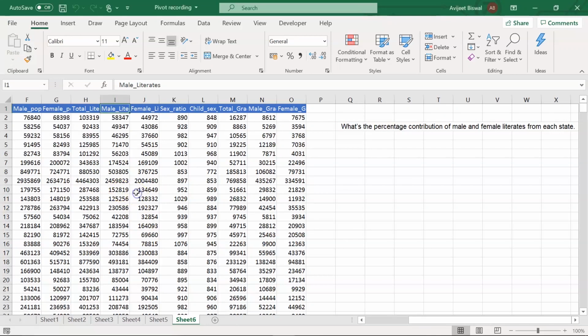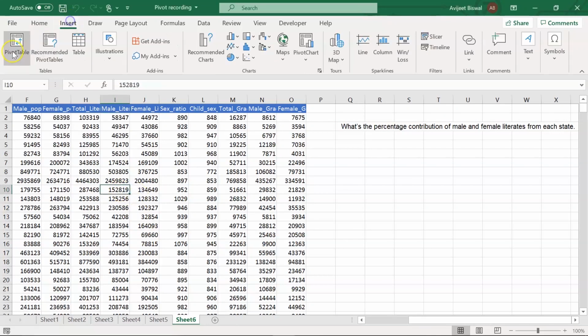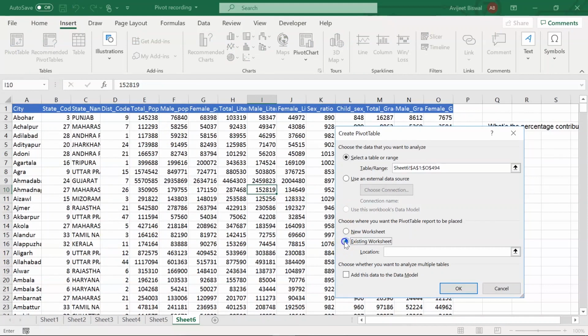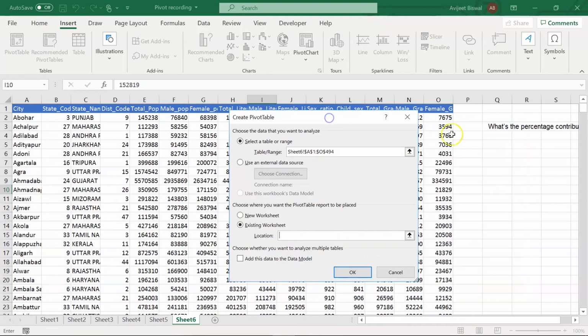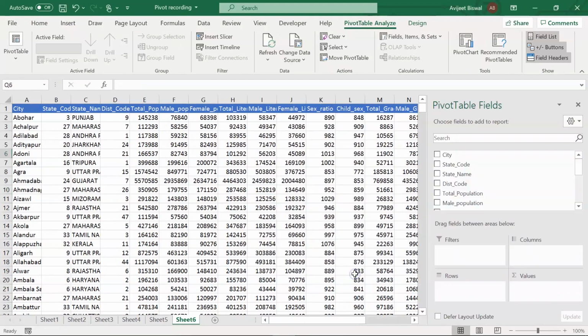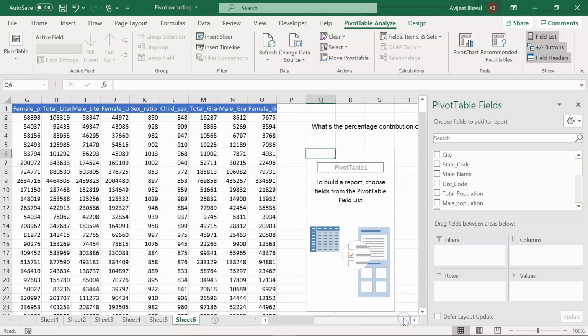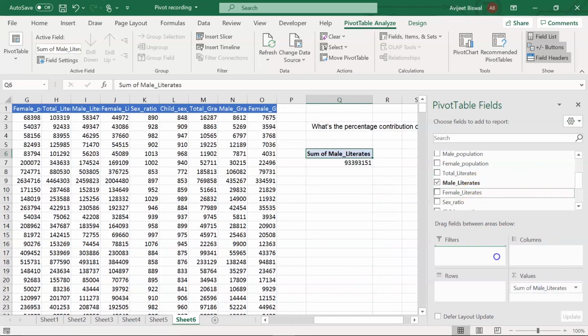Let's do that. I'll create my pivot table, click on existing, and I'll select an empty cell. Since we want to find the percentage contribution of male and female literates, first I'll drag male literates onto values followed by female literates onto values.